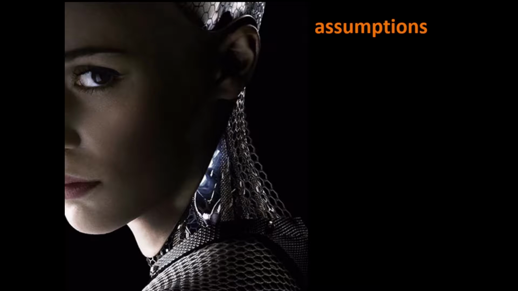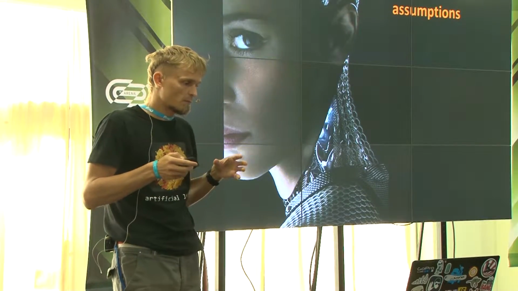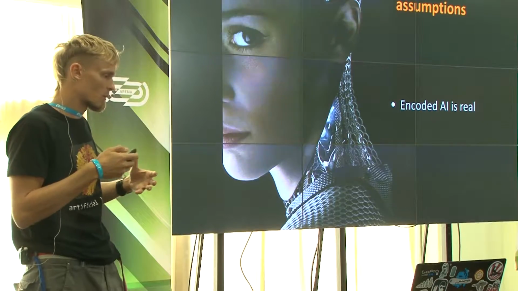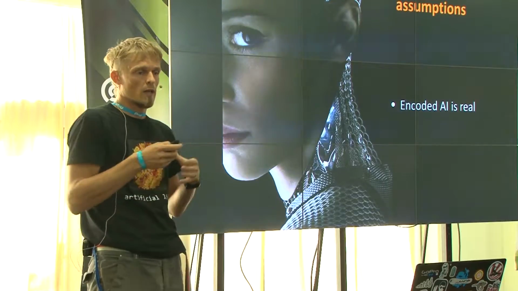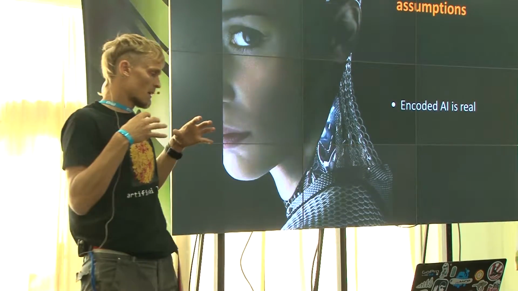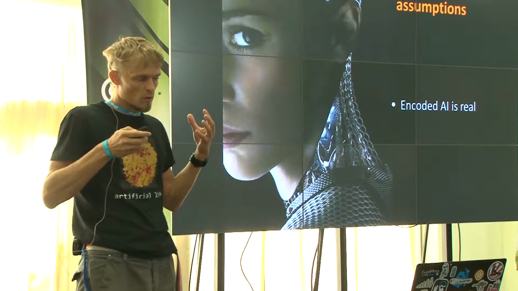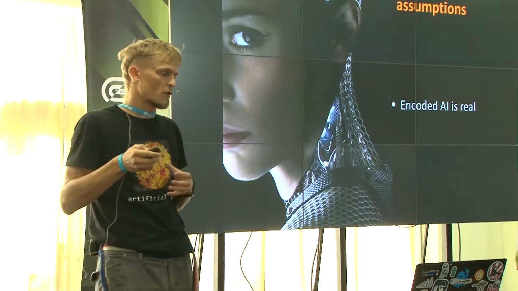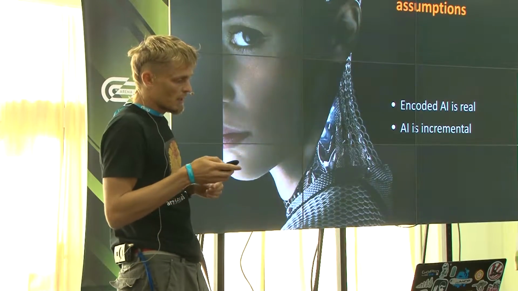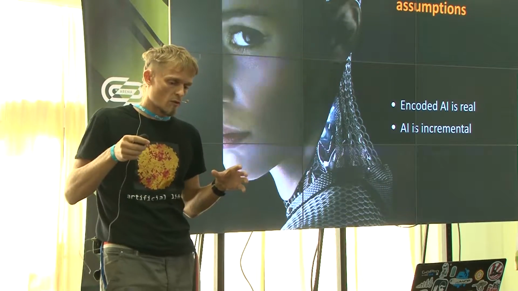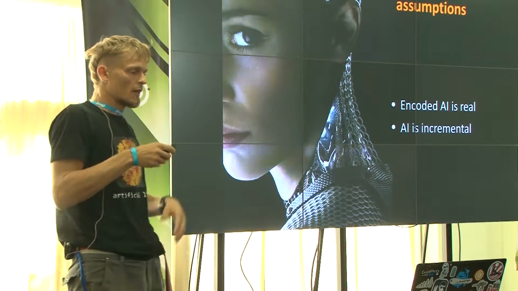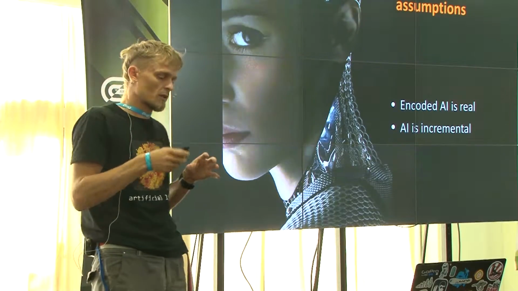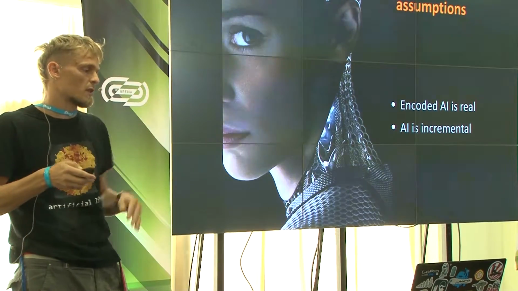If we're talking about assumptions, before we start, we have to conclude that we may create artificial intelligence through code. Maybe it's possible that we may create some program which behaves like an artificial intelligence. And the second one is that this is an incremental process, a step-by-step process. On each level, we have a little bit more complicated artificial intelligence. So we have different levels, something like that.